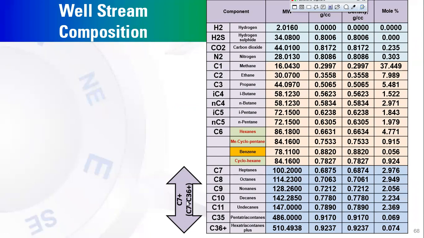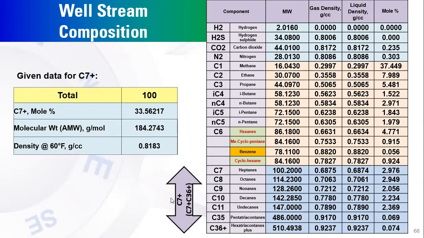This is the components, and this is the components from C7 plus up to C36. And this is the lab results: molecular weight, gas density, liquid density, and this is the composition in mole percent. So for C7 plus, the lab PVT must define the mole percentage, molecular weight, and density